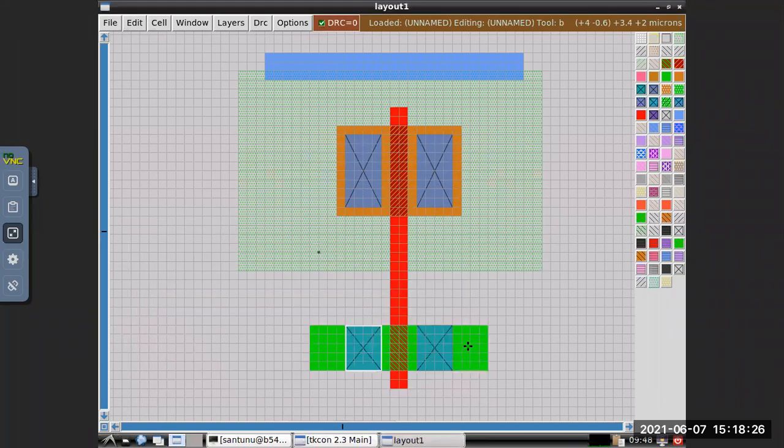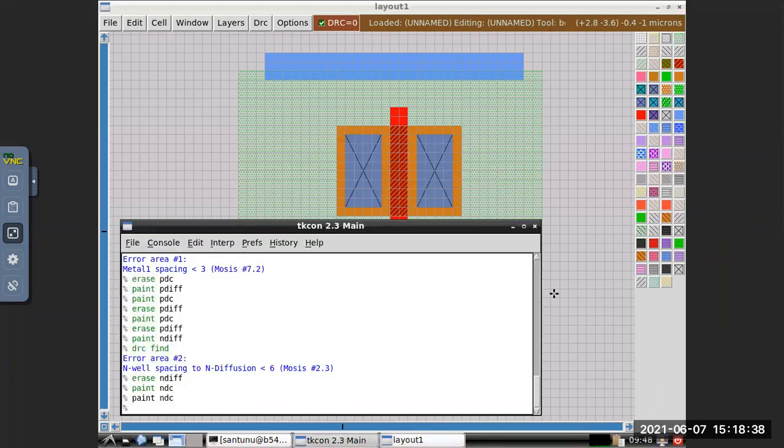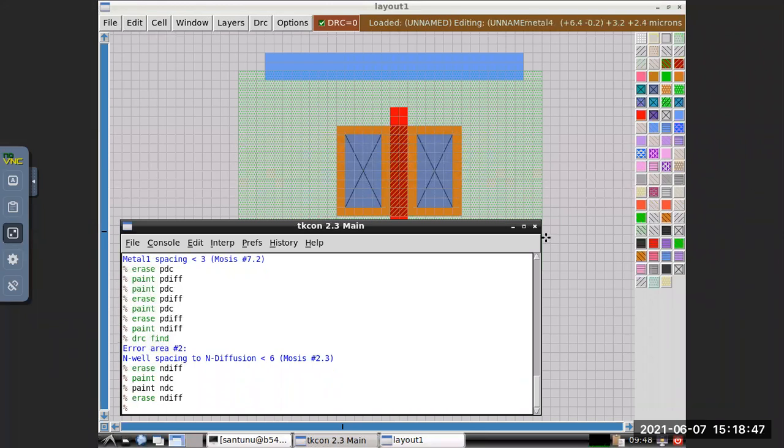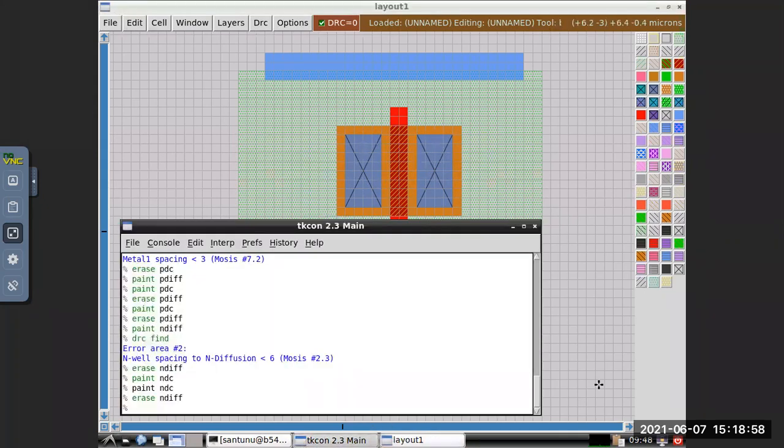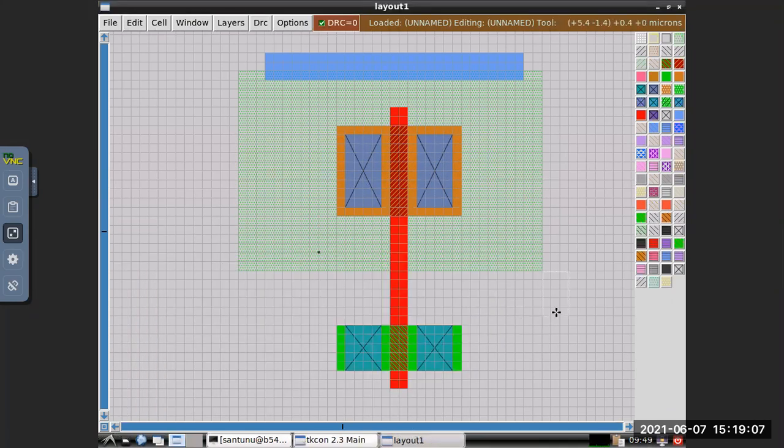So the extra area you can delete also. Erase this. Okay, so now this is the optimum transistor.